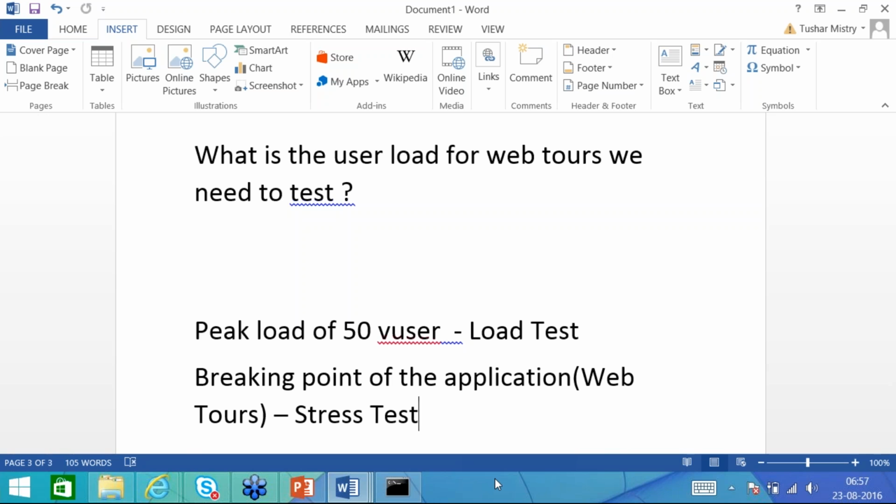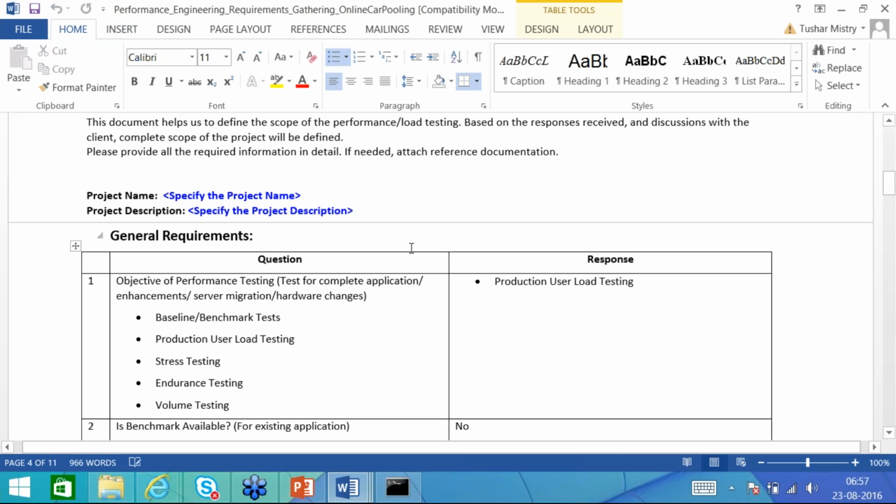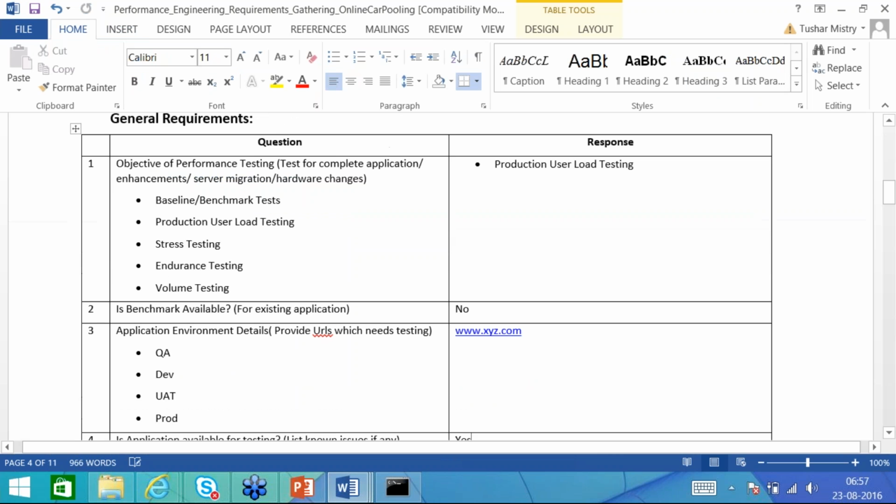We don't need to do all types of performance test in all projects. Next, here you can see there is a question column and a response column. The response from the client would be coming in here. So we send this particular document to the client and then we get the response from the client.